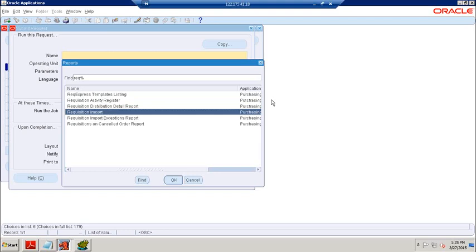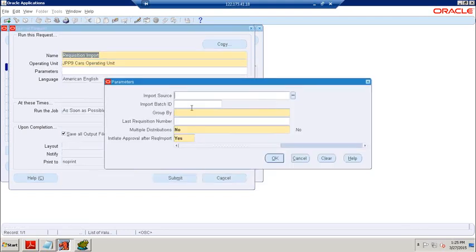Requisition import. Let us observe this one. Import source: what is the source? Inventory. Data is coming from inventory, right? Inventory to PO. We want to transfer the data from inventory to PO.